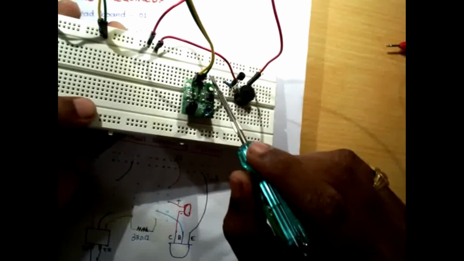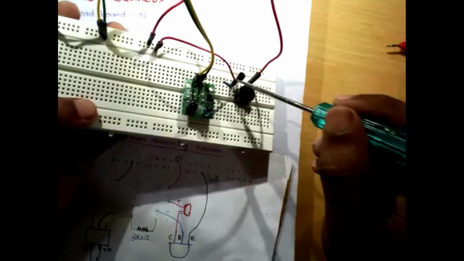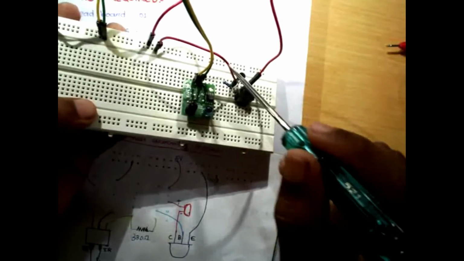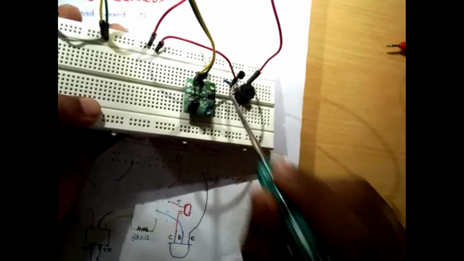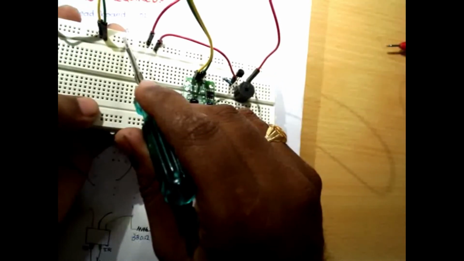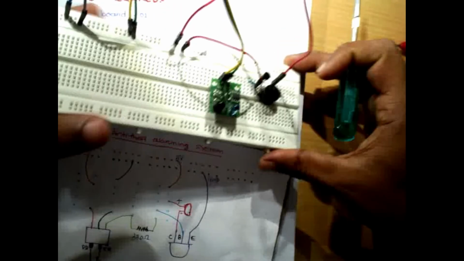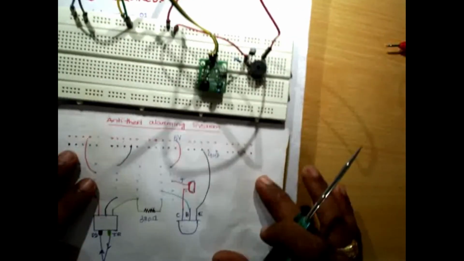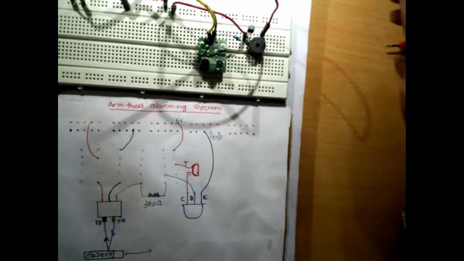Through a resistor I am collecting the output and giving it to the base of the transistor, and the emitter is connected again by a red male to male jumper. I am connecting to this and to the ground, because above is the 5 and the bottom is the ground. This is all about the circuit diagram. You can see, I'll do the practical. I'll switch it on.